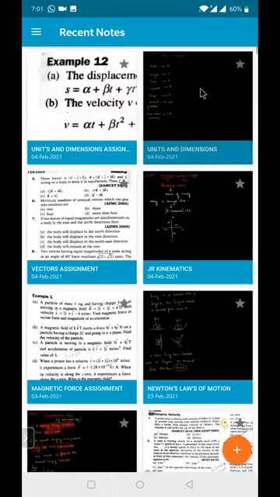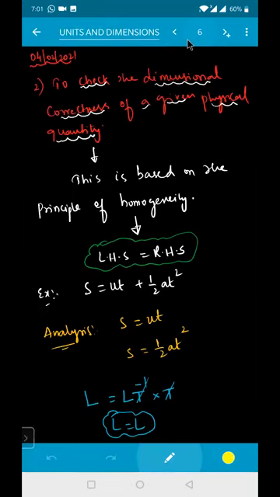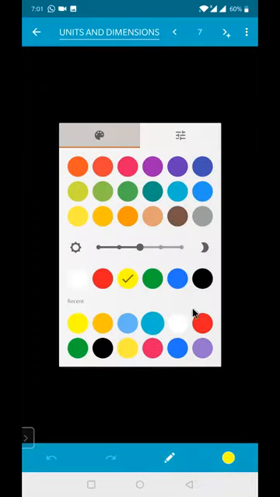So that was about the second use of dimensions. What is the second use of a dimension? I told you: it is used to check the dimensional correctness of a given equation. LHS must be equal to RHS. The next one, the third use of this one, is to establish the relation between different physical quantities. Like if I say that so and so depends on so and so, you can tell me the relation.